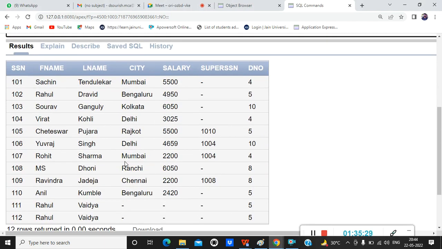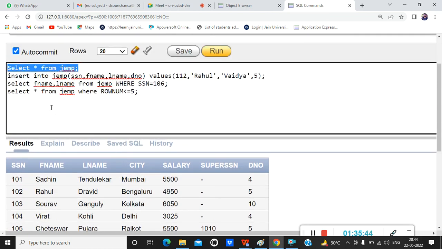Suppose we want to find the name of every employee whose name starts with R. That is one kind of query we can do. So how can you write that query? Select fname from emp where